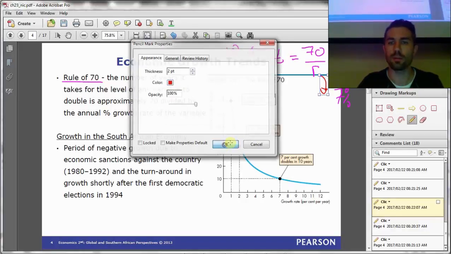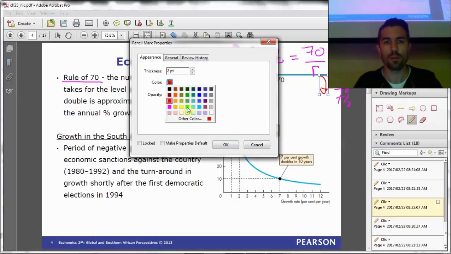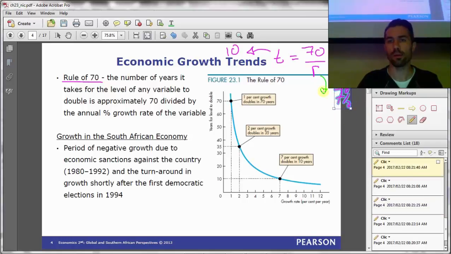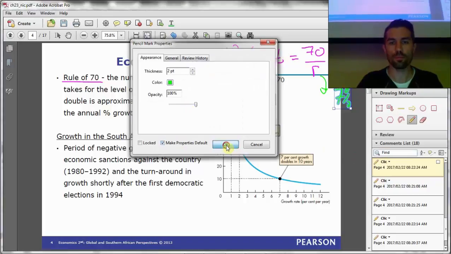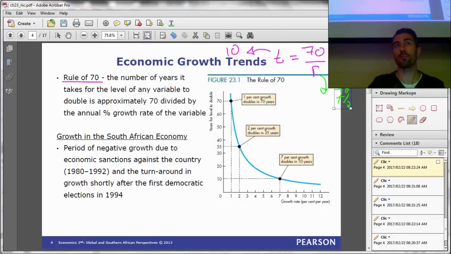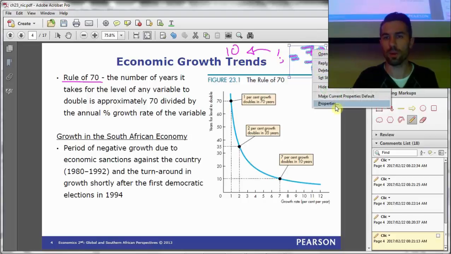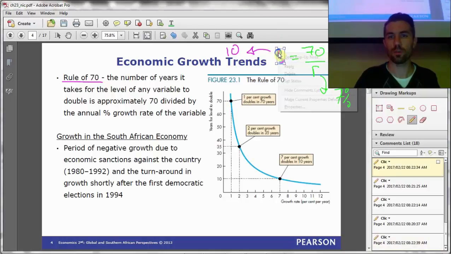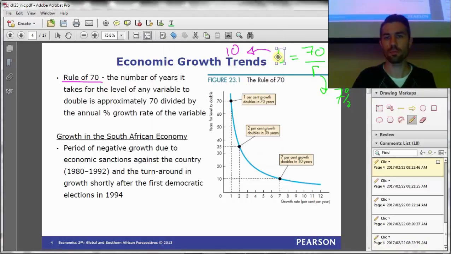Okay, does red work? Does that arrow look better in red? No. Does it look better in green? Okay. So you happy with green today? Yeah? Okay. As I say, there's something wrong with this projector thing today. I don't know what it is, but obviously red and stuff like that is just not working. Okay, that's weird.